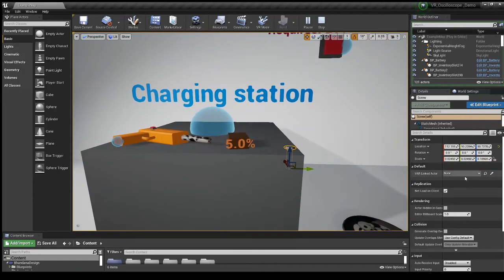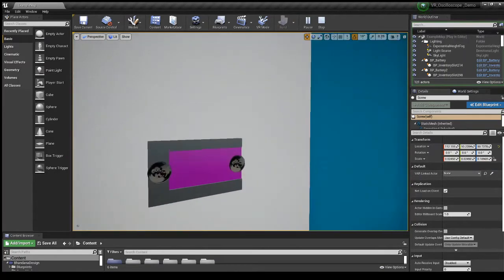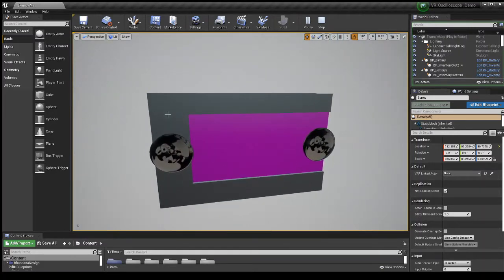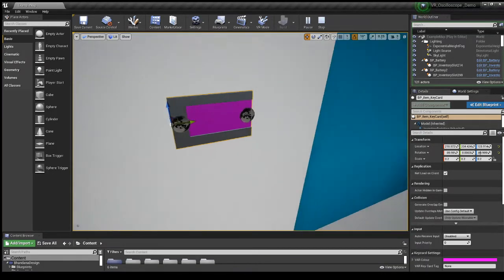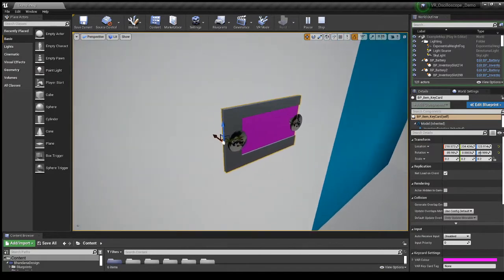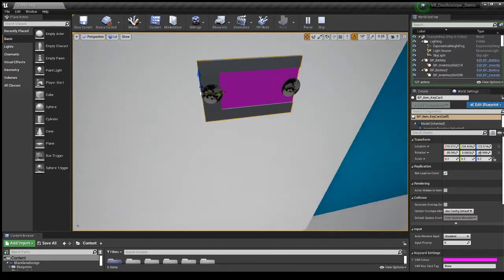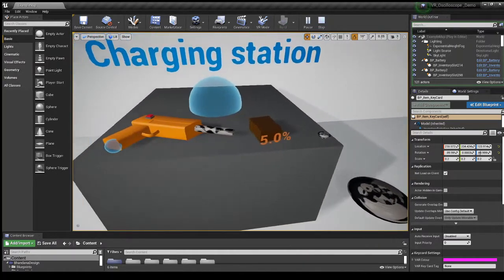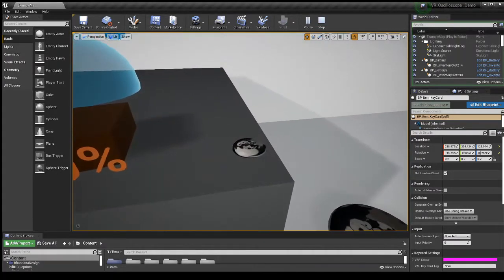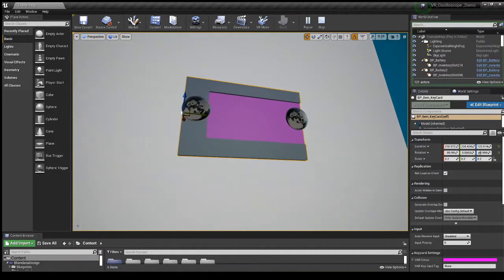It has a variable called linked actor. What this does is it allows you to form a physics constraint with whatever object it is constrained with. So for example, these two screws are constraining this key card to the wall, which means this key card that would normally have physics and fall to the floor won't be able to because the screws are in the way. When a screw is completely removed, it enables its physics and also breaks those constraints, which will allow the key